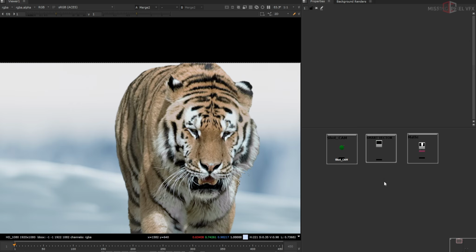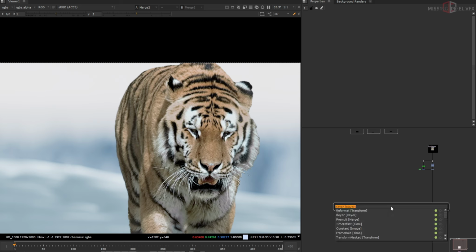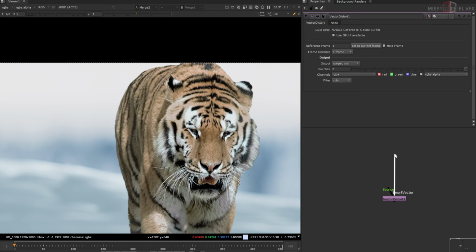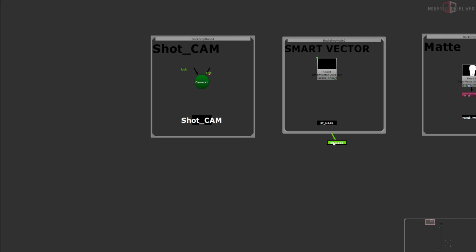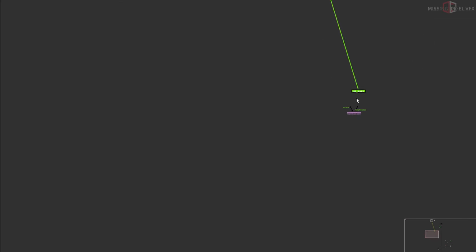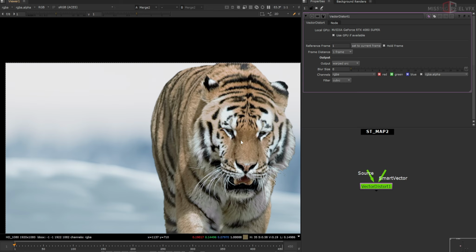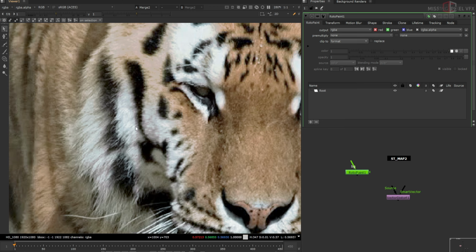I can use this. For that, I will just simply take a vector distort. So this will go to the smart vector data that we have. I'll just copy this, connect it here, and grab this guy. And the source will be the image element that we're going to use as a scar or as a scratch. For example, if I take a roto paint and use this as an element,